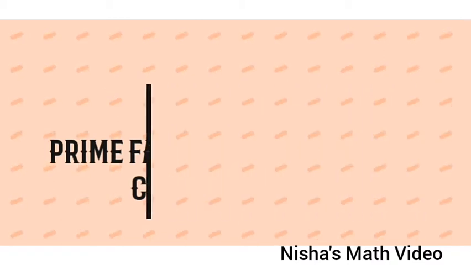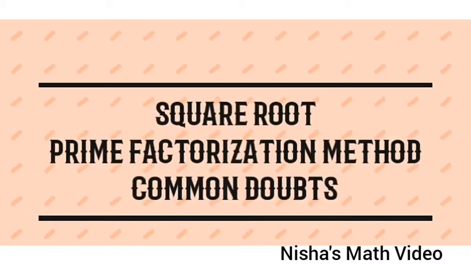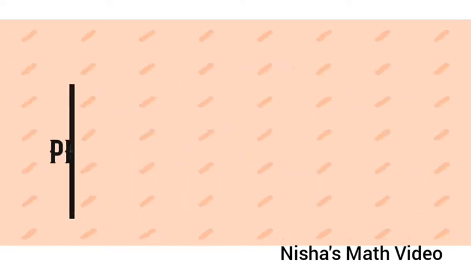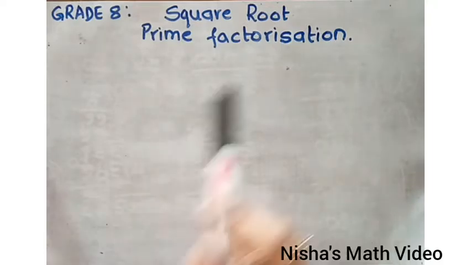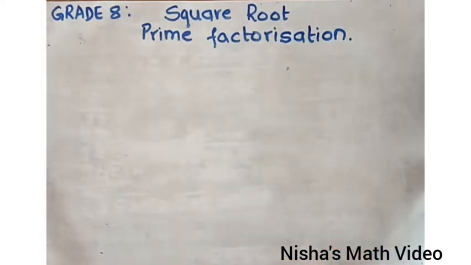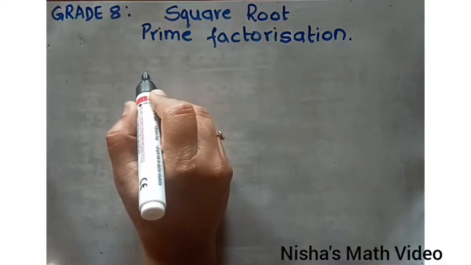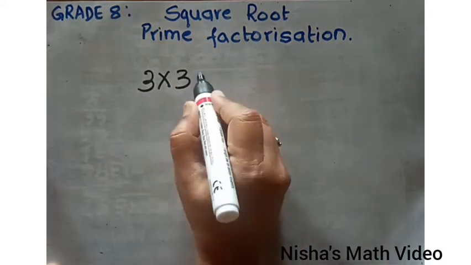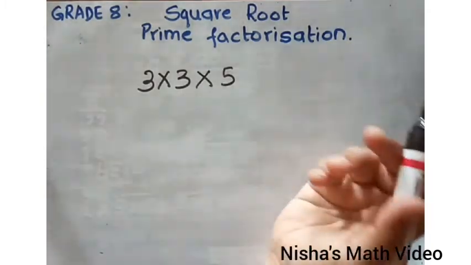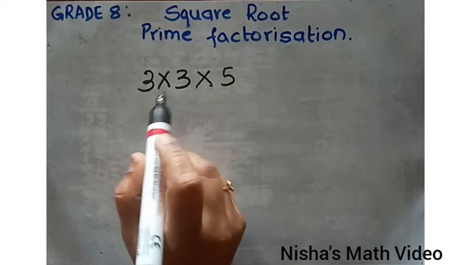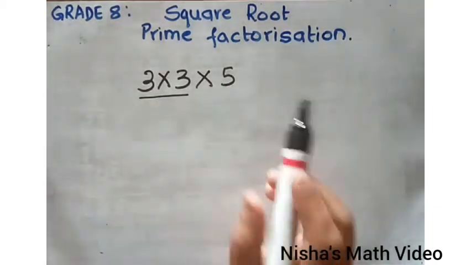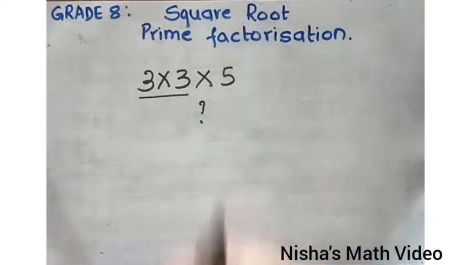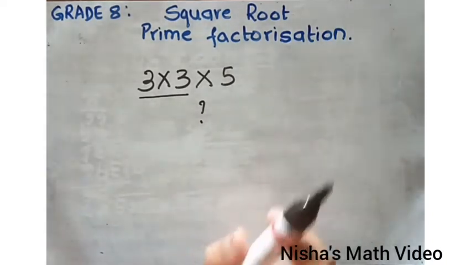In today's video, let's try to clarify some of the doubts that we come across while doing prime factorization for finding the square root of a given number. In the last video, you have seen how to do the prime factorization to find the square root of a given number. Now, some of you had the doubt: if the prime factorization comes out as something like 3 into 3 into 5, now what? To get the square root I have to group it into 2s, but this does not have a pair, isn't it? It does not have another number to make it a pair. Now what?